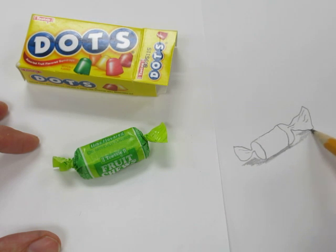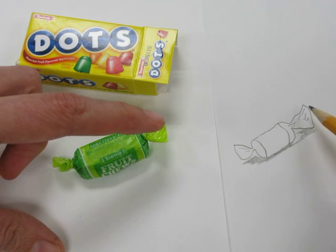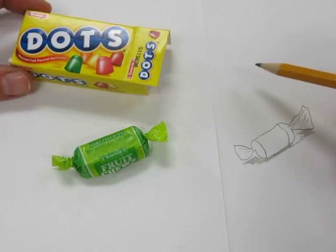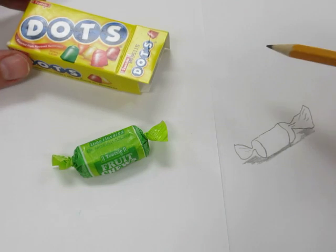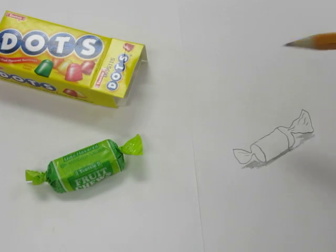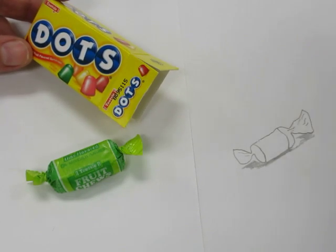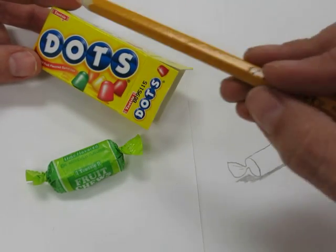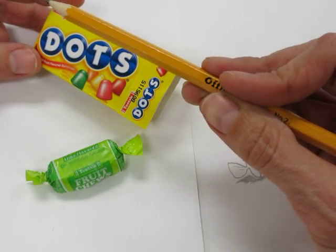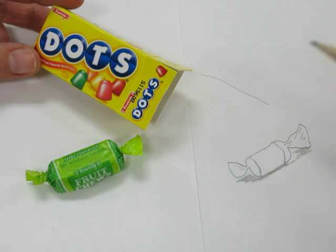Doing something that has an organic shape like this, a wrinkled shape, a shape more like something we might find in nature, is a lot easier to do a contour line drawing than when you're doing something that's geometric. So I could use the same method of tracing, or I could draw the shapes that I see. And my candy, I'm going to actually tilt my candy box up a little bit to make it look more 3D. So I know that this is a rectangle, and I see that it's coming toward me, and I can even hold my pencil at a slant and know that it's slanted just like my pencil was slanted. And this slant,